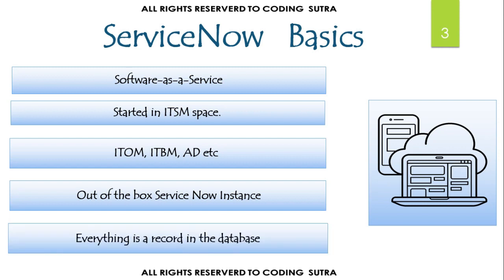And the most important thing is everything is a record in the database. ServiceNow uses a MySQL database in the backend. Due to this, almost everything is a record in a table within the instance database. For example, if we are talking about an incident, then it is nothing but a record in the incident table. Similarly, if we are talking about any business rule, then it is nothing but a record in the business rule table. If you don't know anything about business rules or incidents, then don't worry, there will be separate modules for each and every topic.